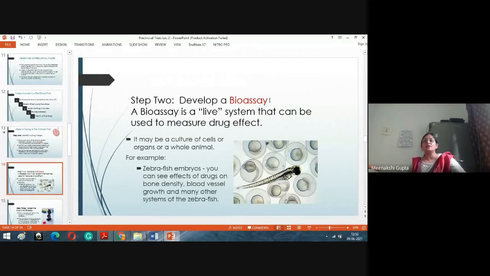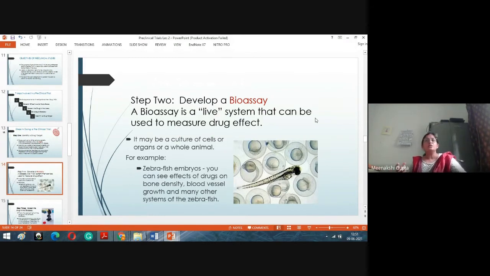Okay, now the bioassay can be done either on the cultured cell, or on the cultured organ, or on the whole animal. So there are various types of bioassays. For example, for cell culture technique, we culture the cell. Now these cells can originate from human beings. We can isolate cells from the human tissues and then we can culture them through the cell culture technique,